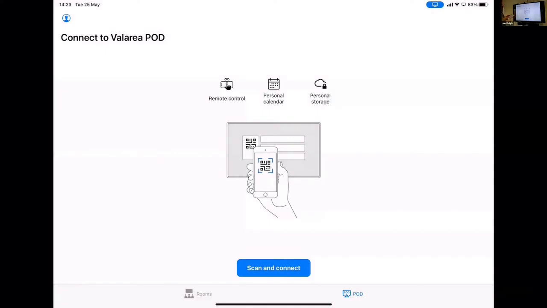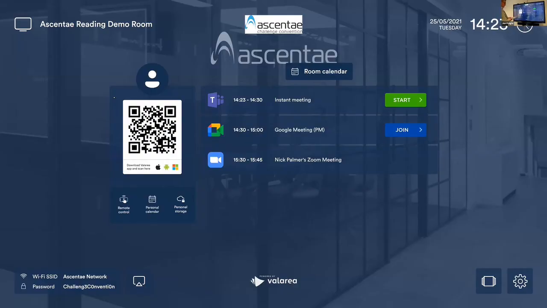I have two buttons. So the bottom one on the right hand side says pod, which is what I'm about to use, and it's got on-screen instructions telling me to scan and connect. The bottom right corner is rooms, and we're going to come back to that later. And this is an upsell opportunity that we'll talk about in the second part of the demonstration. Okay, so what I'm going to do now is just use that scan feature. If you watch what happens on the screen, as soon as I scan the QR code,